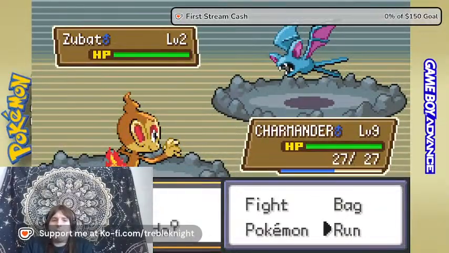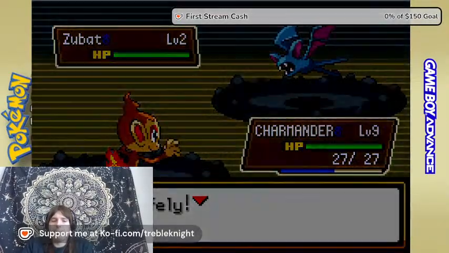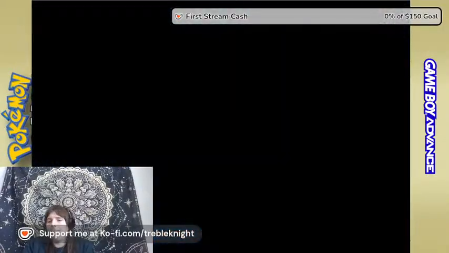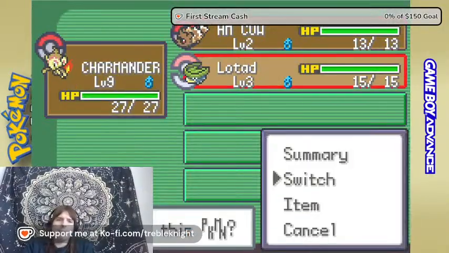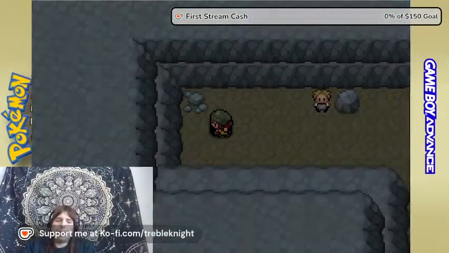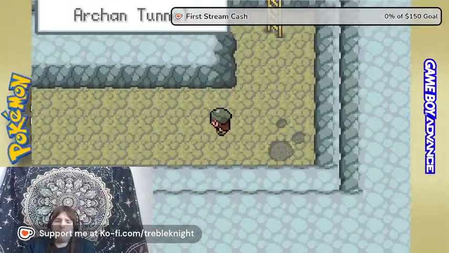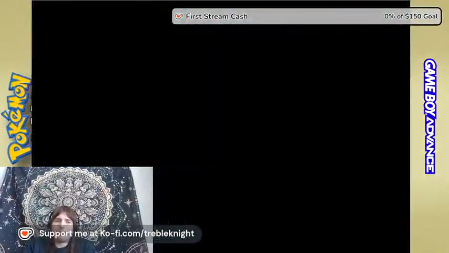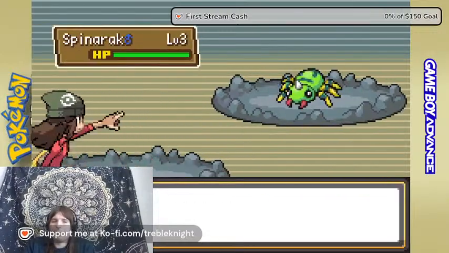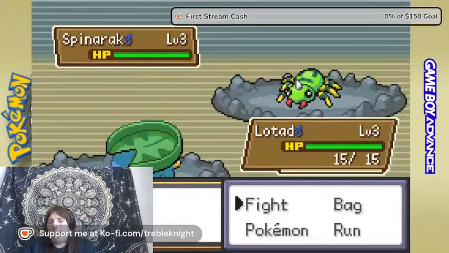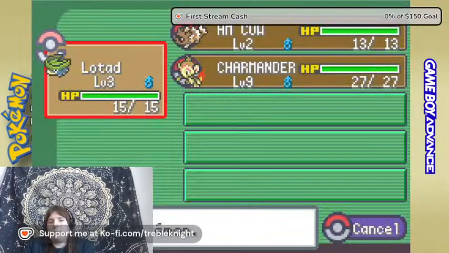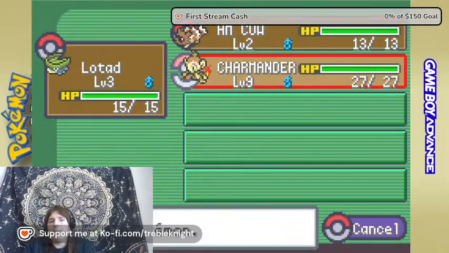Okay, I need to switch out here. I need to get Lotad up a little bit because he needs to be trained. Because from what I have right now, and I don't have a lot, but I'm kind of leaning more so towards, like, say, ENFP or ESFP.